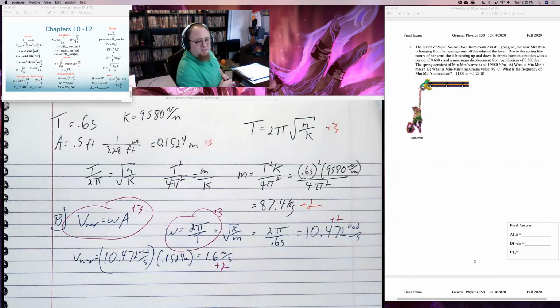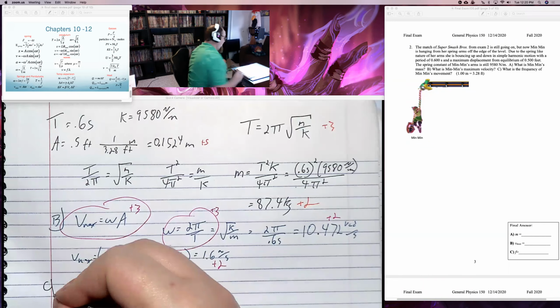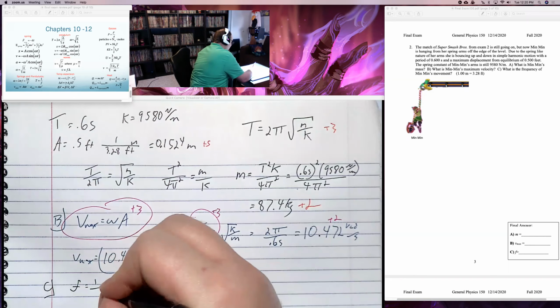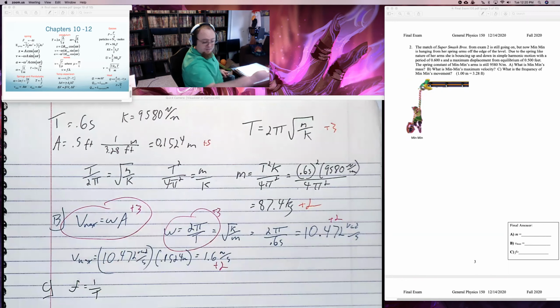If I do a pendulum, look out. I might not give amplitude. I might tell you the distance for the full sweep. Make sure you cut it in half if you need to. Other things I often do in these problems is I also often ask for max acceleration. So be prepared for that. Sometimes I also ask for frequency. Well, frequency is just 1 over period. And that's what I did on this exam.